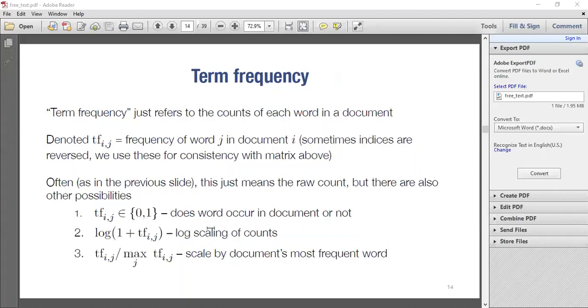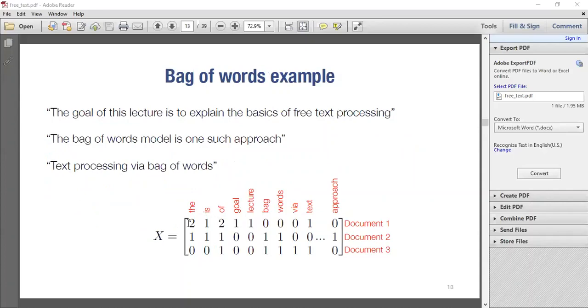Appears or doesn't appear. So in that case, what we will have is something like this, but you only have ones and zeros. These 2 will not appear. In these places where we have 2, just have 1 because it appears. There's an "of" in this. Is there an "of" in this statement? Yes, 1. If there's no "of", 0. That's basically what you're working with there.